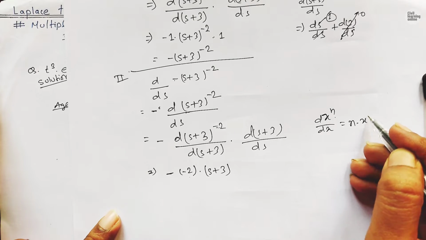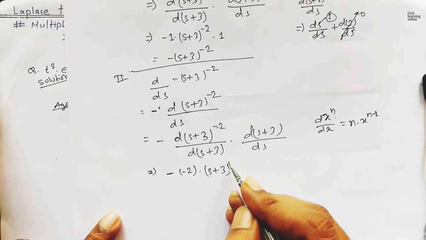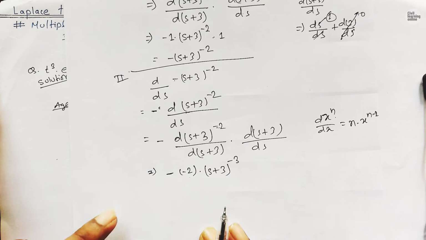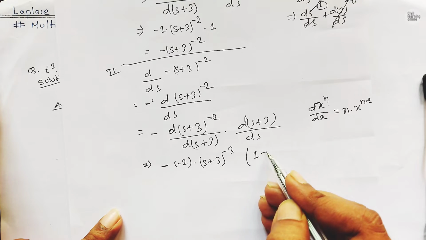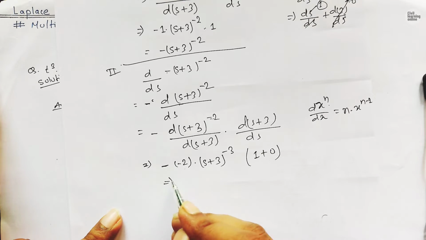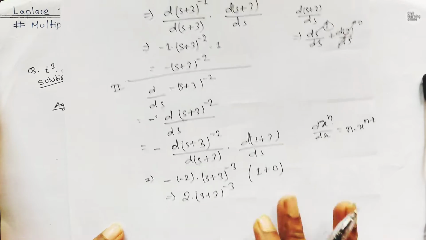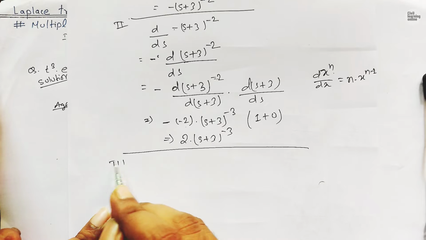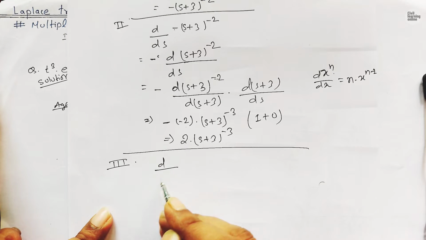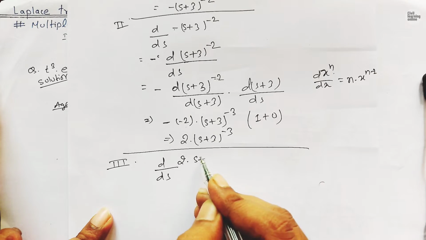n times x to the power n minus 1, and here n is minus 2, so minus 2 minus 1 will get minus 3, and here the derivative of s plus 3 means 1 plus 0 will get 1, so on multiplying this we will get 2 times (s plus 3) to the power minus 3, and again we need to do the derivative a third time, so we will have here d upon ds, and the derivative of 2 times (s plus 3) to